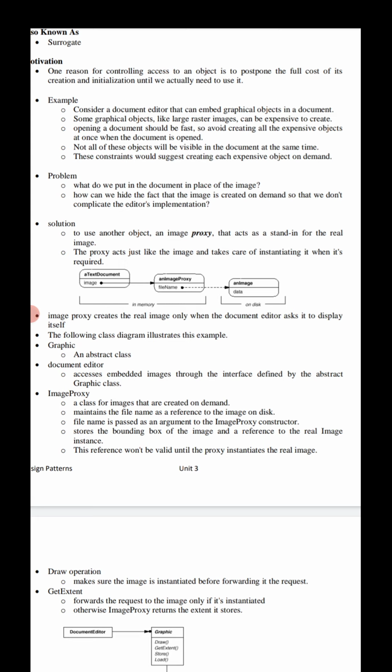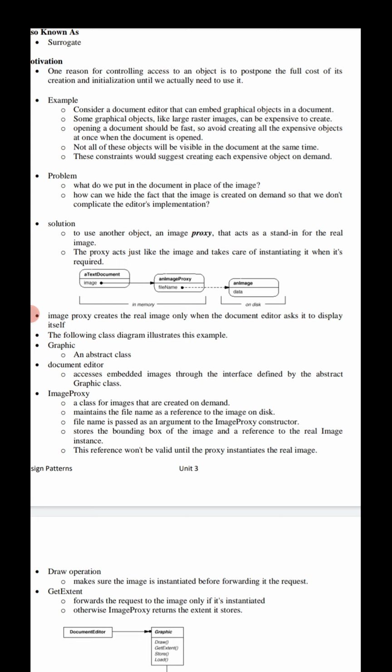Graphic is an abstract class which represents the graphical objects in the document structure. We are accessing embedded images through the interface defined by the abstract graphic class, with the proxy acting as an intermediary.